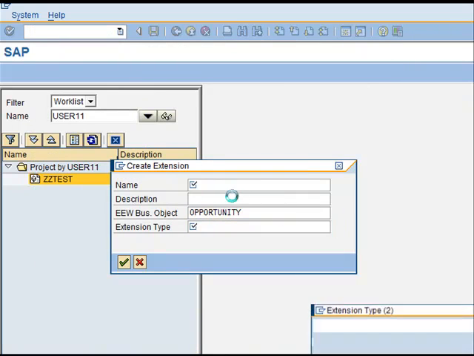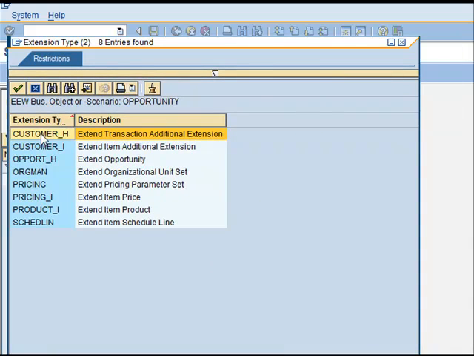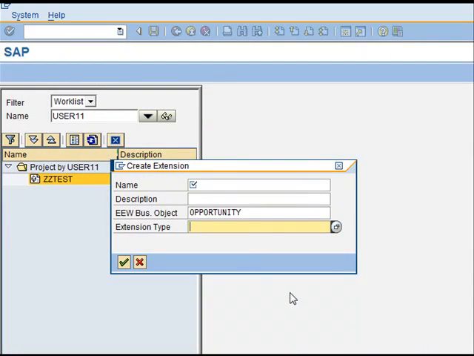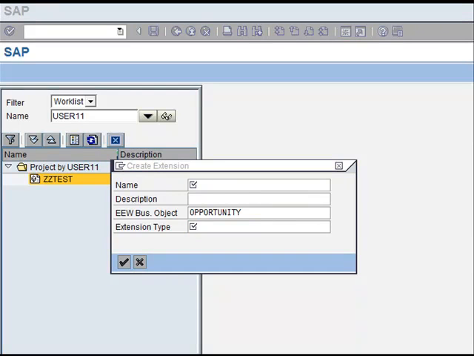What is my extension type? Essentially around the customer, header data, item data, or the transaction or the product data. So this is how I extend my field catalog, and after I have done that, then I can create a view or add those new fields to an existing view. So these were some of the features of the new UI and how you could enhance the new UI by creating new fields, new roles,